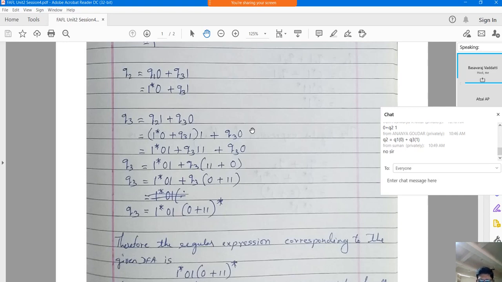That's fine. Let us move on. This is the resultant regular expression. Can I know from your side what is the language accepted by this regular expression? How do you interpret this regular expression? Can you tell, or else type it in the chat window, what is the meaning of this regular expression, or what is the language accepted by it?